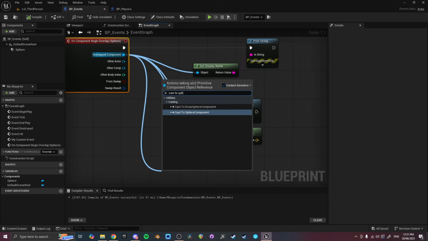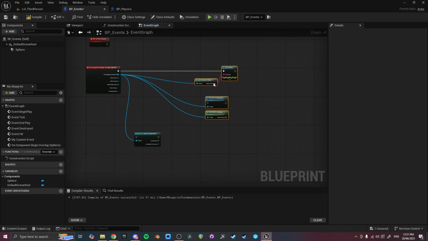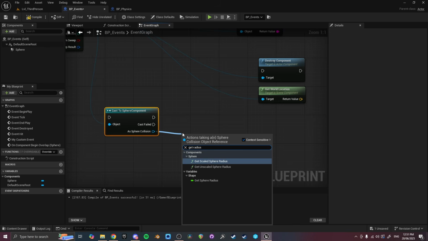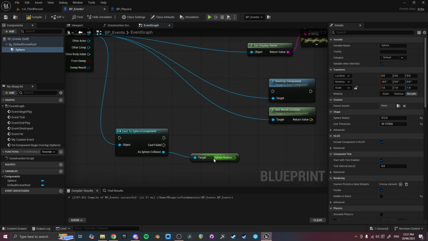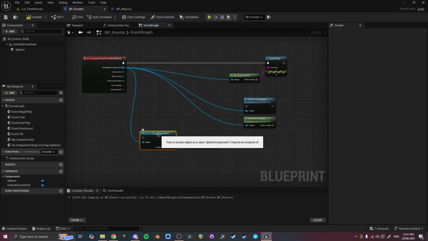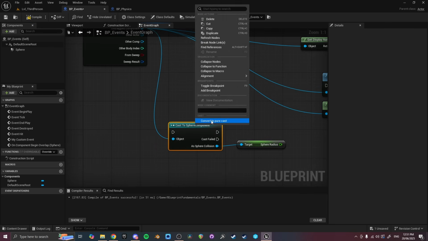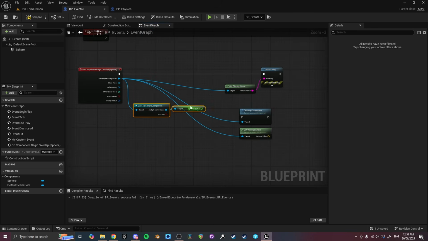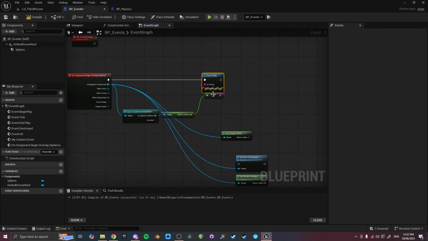If we say cast to sphere component, and then use as sphere collision, we can then get the sphere radius. So you know how we set the radius over here, now we can get it. This cast to node has execution pins up there. If you right click and convert it to a pure cast, you don't need to plug in the execution pins. Now if we drag all this over here and plug the sphere radius in there,